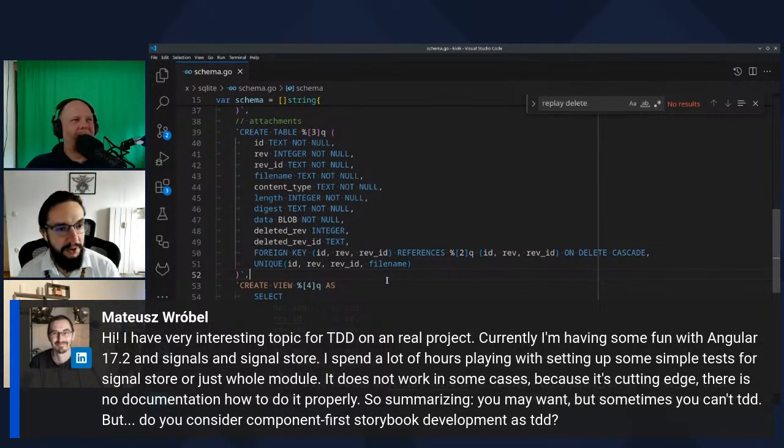TDD first and foremost is to help you build qualities into your implementation and your testing that might be considered valuable and reasonable and practical for a business. Which means that if you are an Angular developer, then playing around with signals in Angular and test covering signals in Angular might have value.